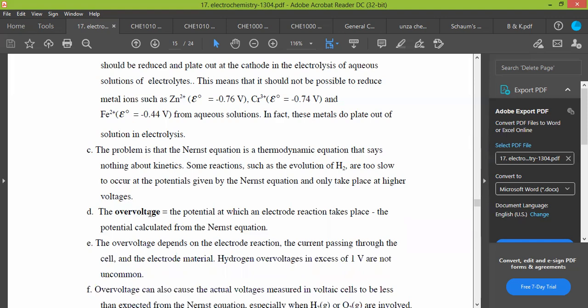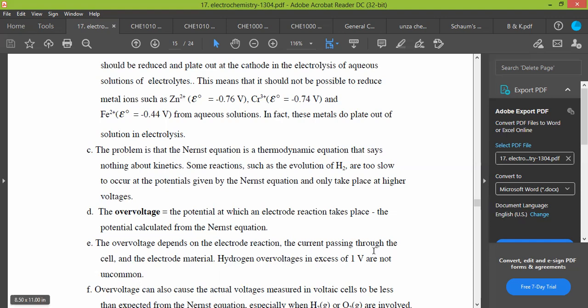And then overvoltage is the potential at which an electrode reaction takes place. The potential calculated from the Nernst equation, okay? So overvoltage is the potential at which an electrode reaction takes place. You calculate using the Nernst equation, and that potential, that voltage you get, is the overvoltage. The overvoltage depends on the electrode reaction,